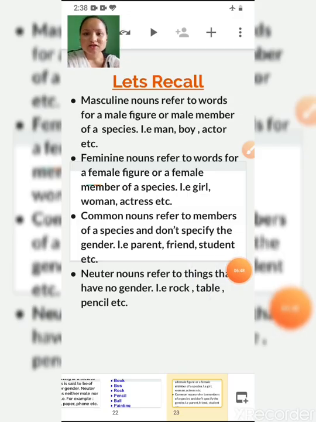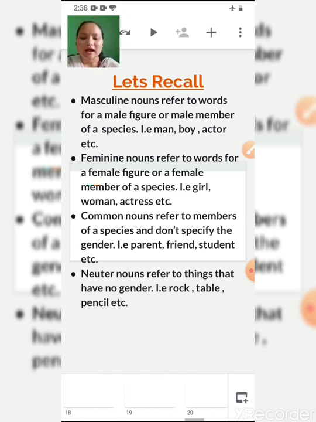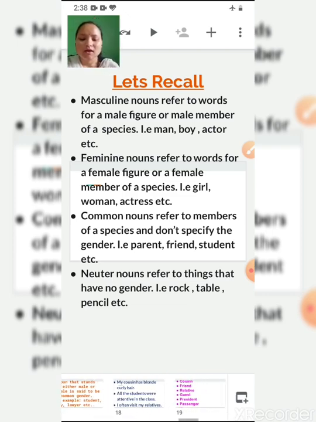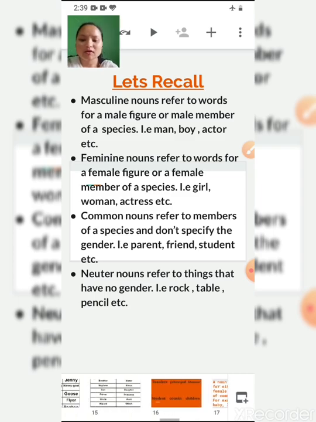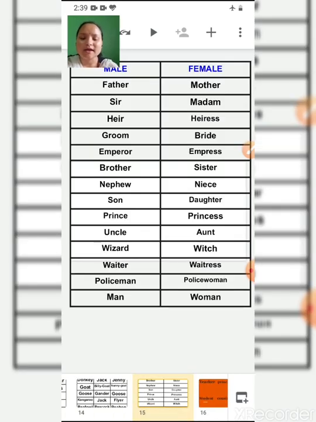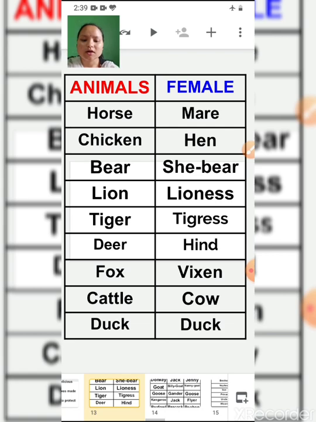So I hope children now the concept of numbers and genders are clear to you all. Okay. So children, make this table in your rough notebook, write and learn all these.